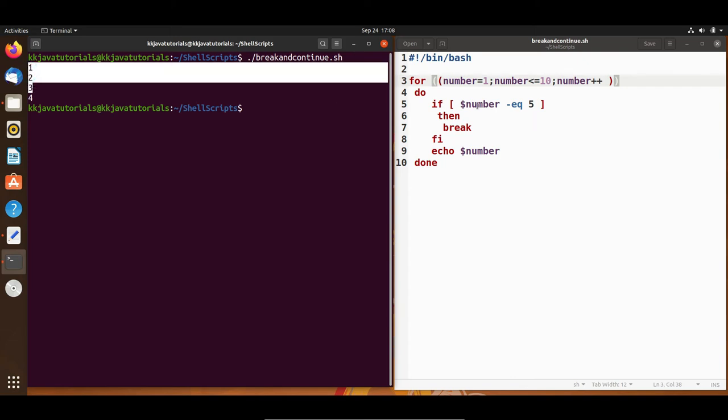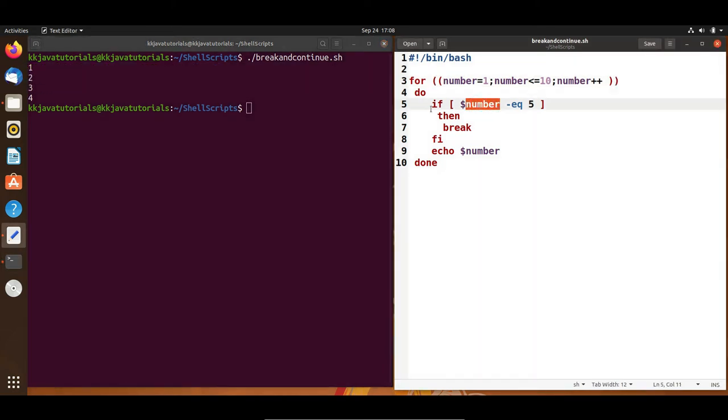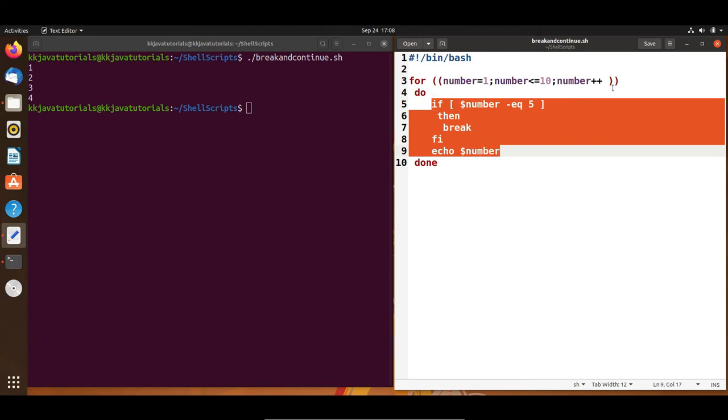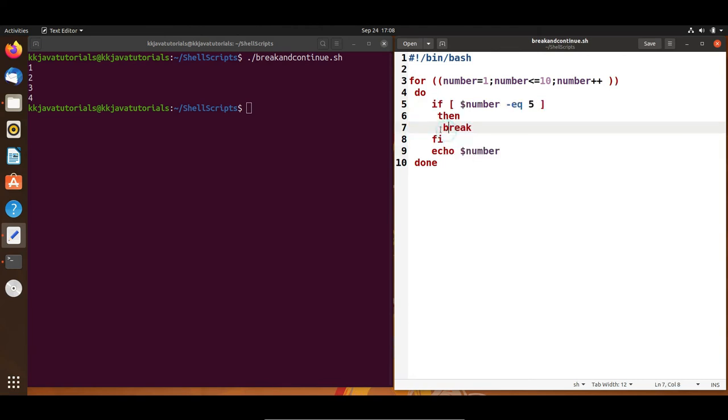All these statements we have written inside the for loop, so if number becomes 5 and this condition is true, then the statement we have is break, so control will come out of this loop, and the rest of the statements after break will not be executed. That's the meaning of break.